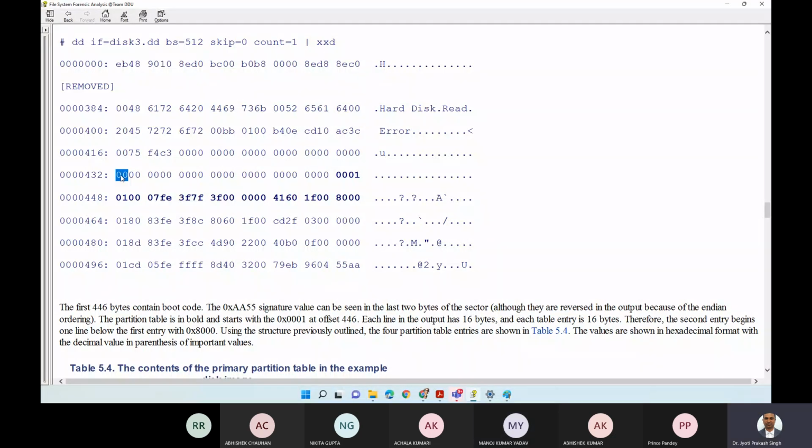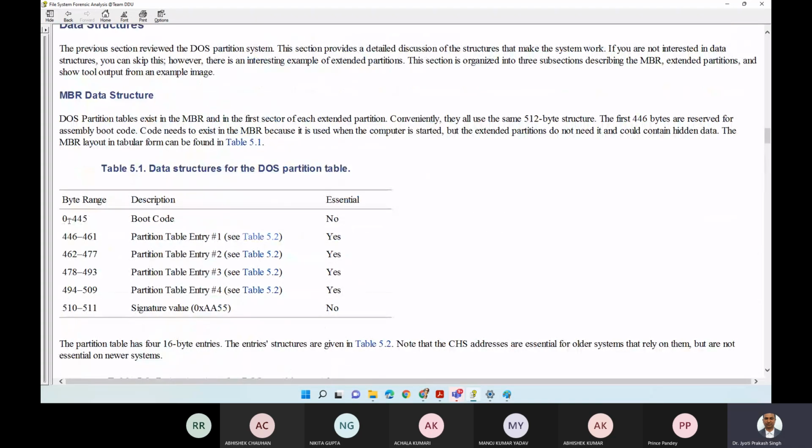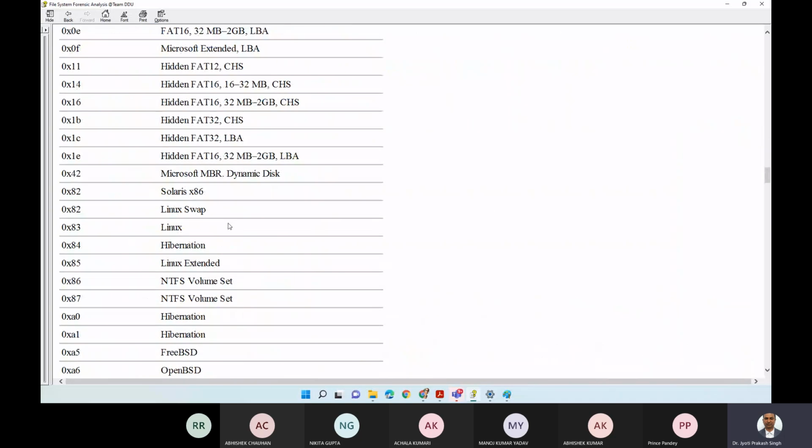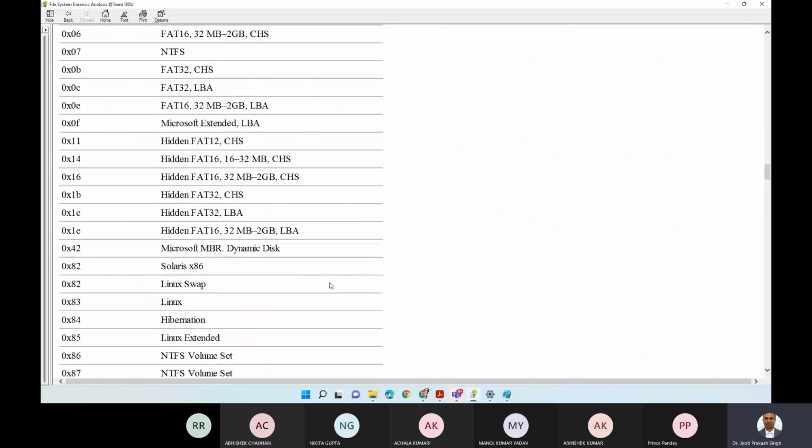तो नाउ इट विल बी 32 33 34 35 36 37 38 39 40 41 42 43 44 45 46, 47. So these are 46 47. ठीक है? Then next will be 48. Clear? यस सर। अब देखो 46। अब अगर इसको हम लोग देखें तो अप टू 445 तो बूट कोड था। यहाँ तक बूट कोड था, ये क्लियर है। इसको हम छोड़ देते हैं, इससे हमको कोई मतलब नहीं है अभी।